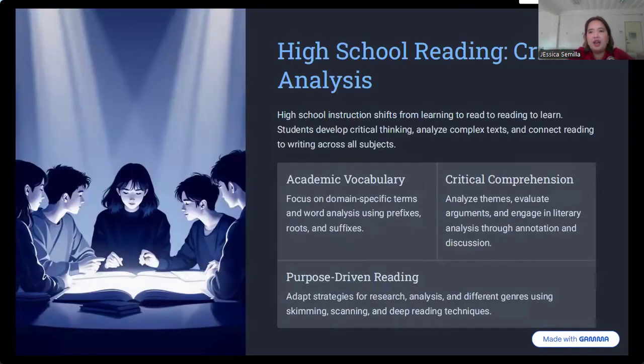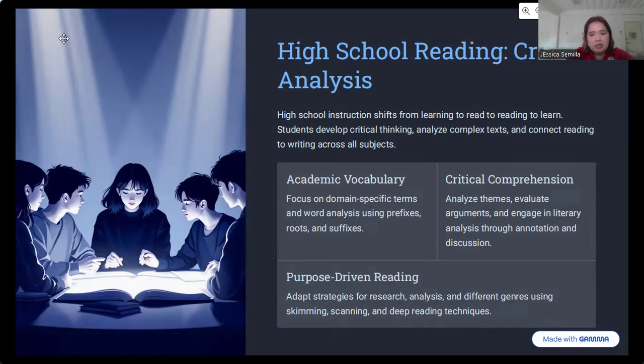In terms of high school, you know for a fact that when we talk about high school, they are already readers, meaning they can read fluently. They have already improved their reading accuracy and speed at this level. However, the question here is about vocabulary development and, at the same time, comprehension.